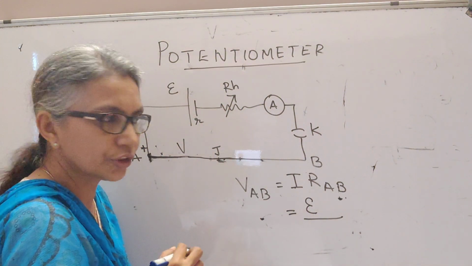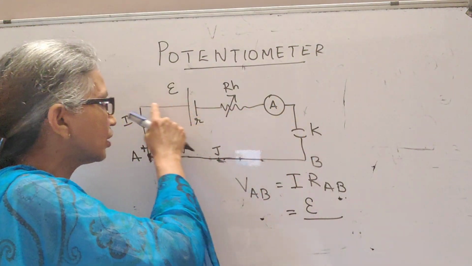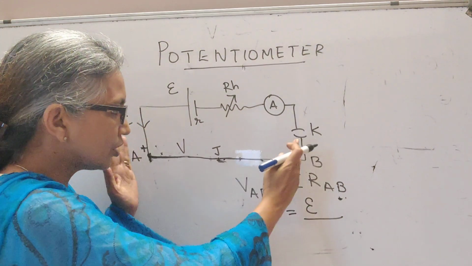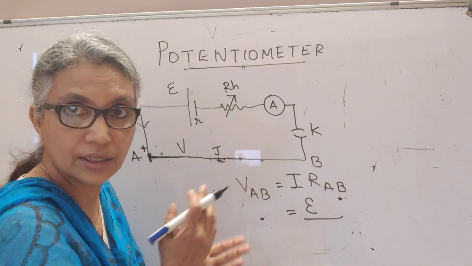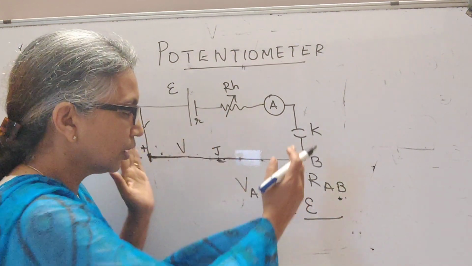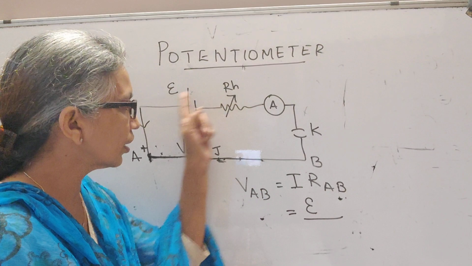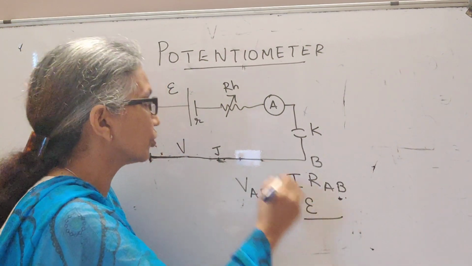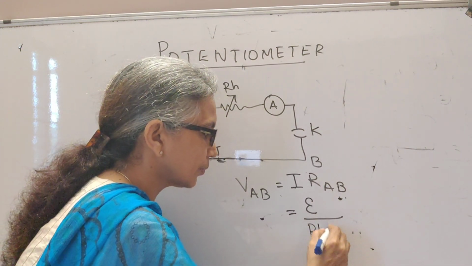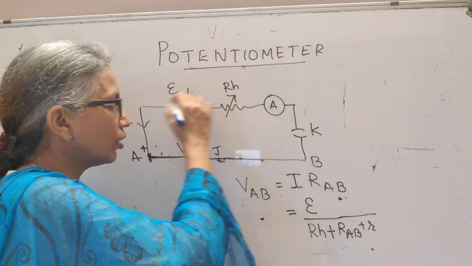There is a rheostat RH, and then there is this RAB, the resistance of this wire RAB. These wires offer zero, negligible resistance, because they are connection wires made of copper. But this wire, the potentiometer wire, we said is a high resistance wire. So in this primary circuit, resistance is offered by the rheostat, the high resistance wire RAB, and the internal resistance of the cell. So the current here must be equal to the voltage available, E, divided by the resistance of the rheostat plus RAB plus the small internal resistance, because all of them are in series.